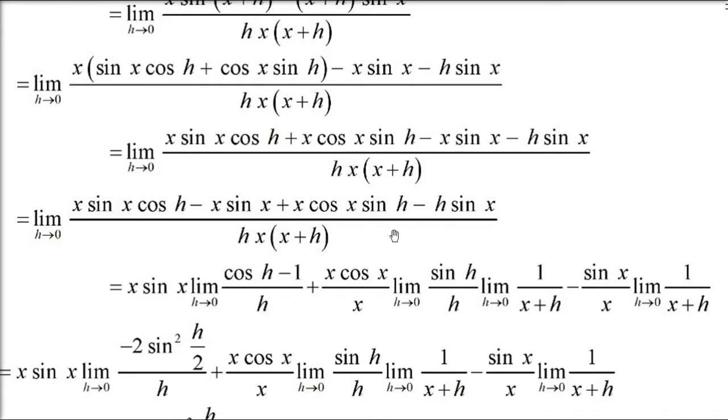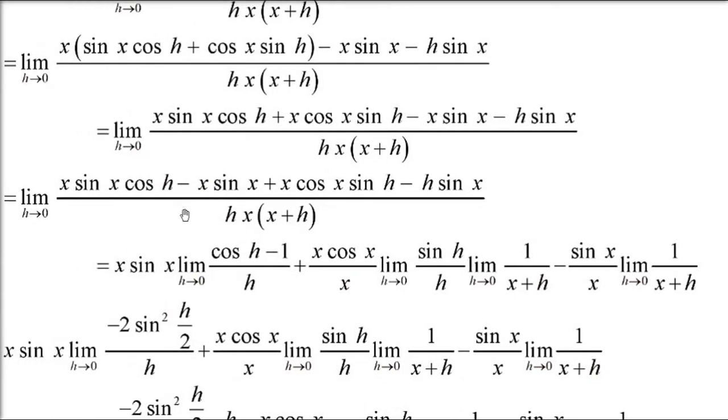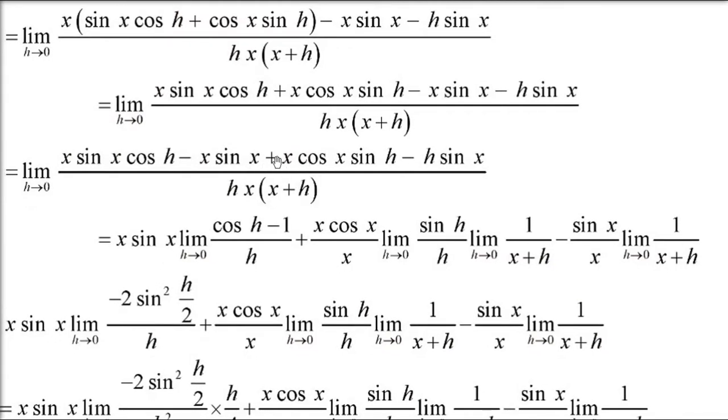Right? Now you know how to do this. We have done a lot of questions right now. Now this cos h minus 1 by h, and now h, x plus h. You can directly say h as 0. This x plus h as 0, and it will be x square. What I am trying to suggest is x plus h is in the denominator. First we have taken x sin x common and it will be cos h minus 1 by h. Denominator you have h x square. You can write it because in x plus h, you can put h as 0.